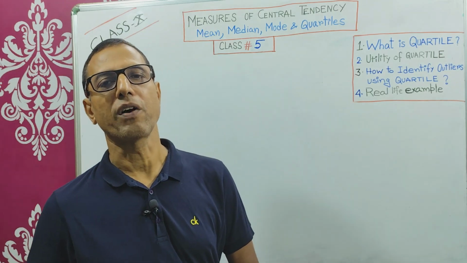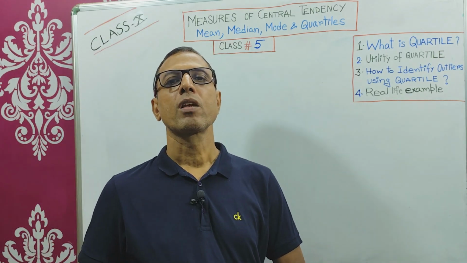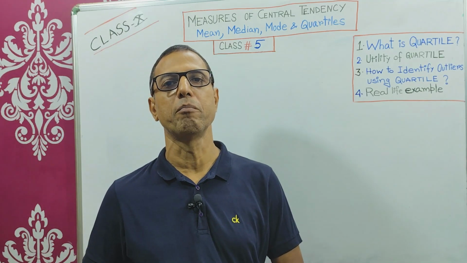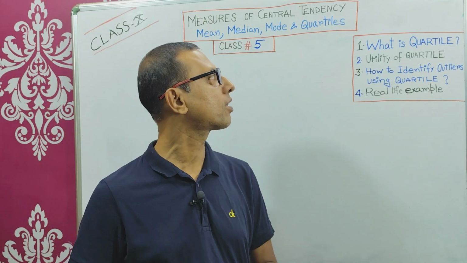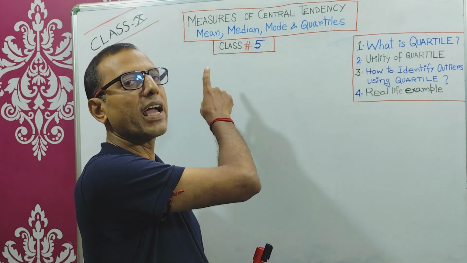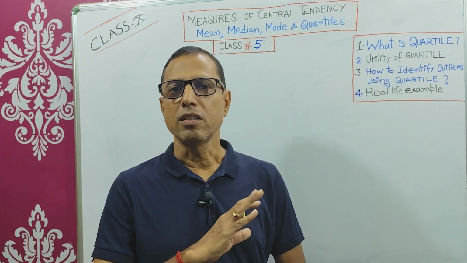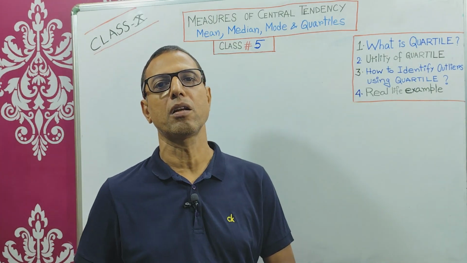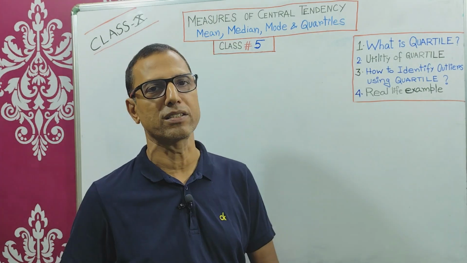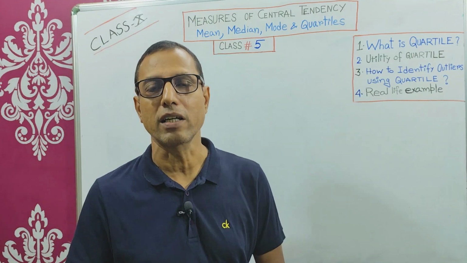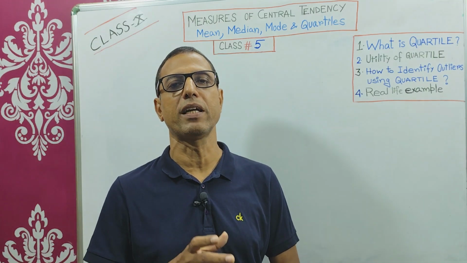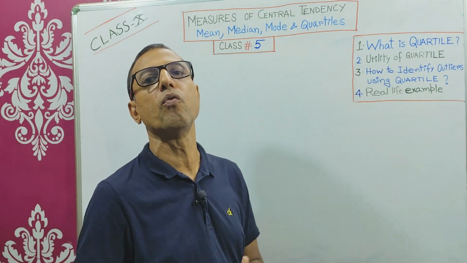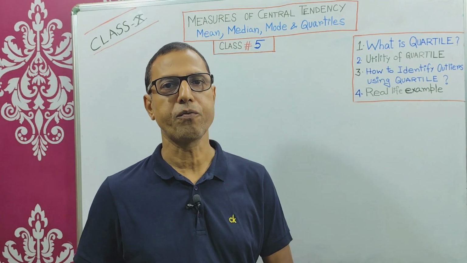So what I will advise you is to look into the first class, particularly, to understand the mean, median and mode concept, and the fourth class also, where I have explained normal distribution, skewed data, and why these are called measures of central tendency. So that is for your understanding. Not necessarily everything will be coming into your exam, but that will give you the overall understanding of these measures